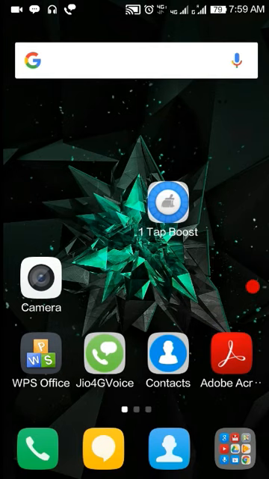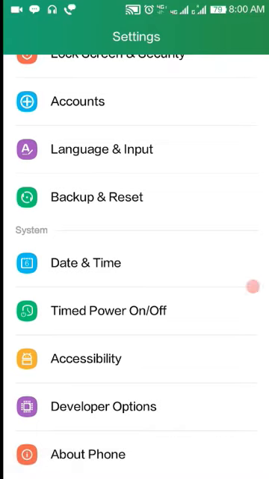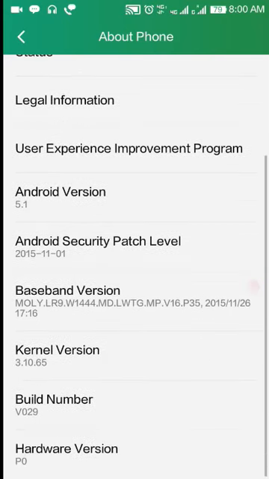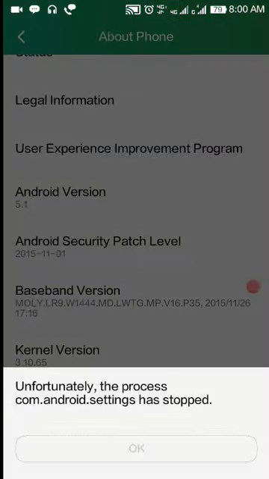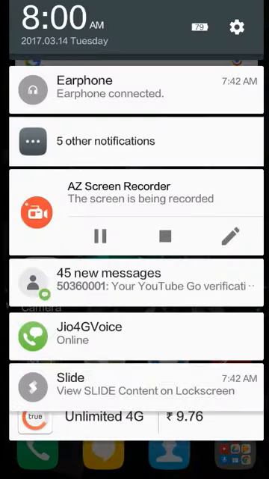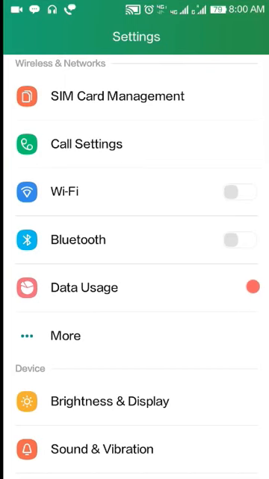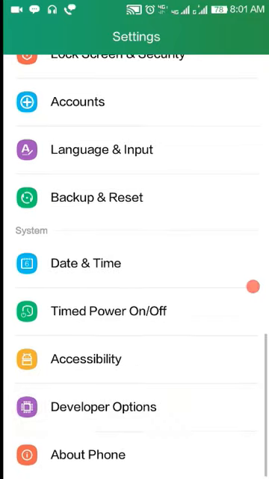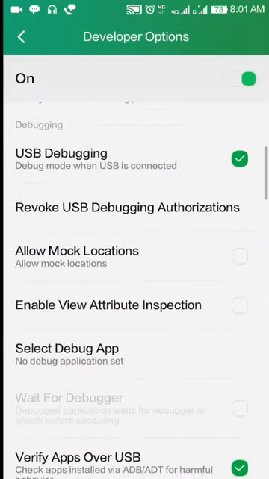So after installing these basic apps, one more thing I will tell you. When you have bought your phone, you just tap on the About Phone option and tap on Build Number. So this is the build number. As you can see, it's showing I am already a developer. You have to click on build number 5 to 6 times, and then go back, and you will get an option like this, Developer Options. Just tap on this option, and you will get various